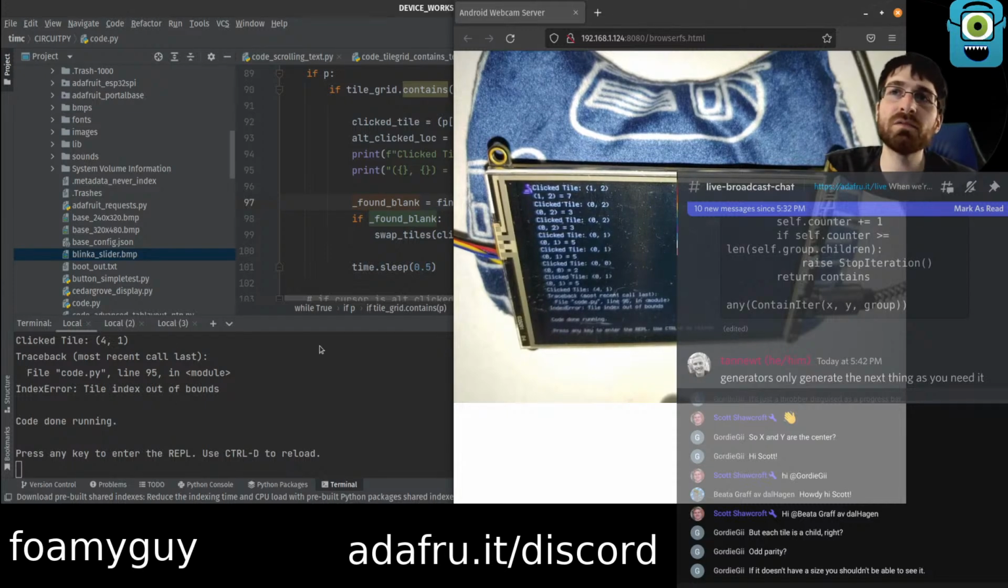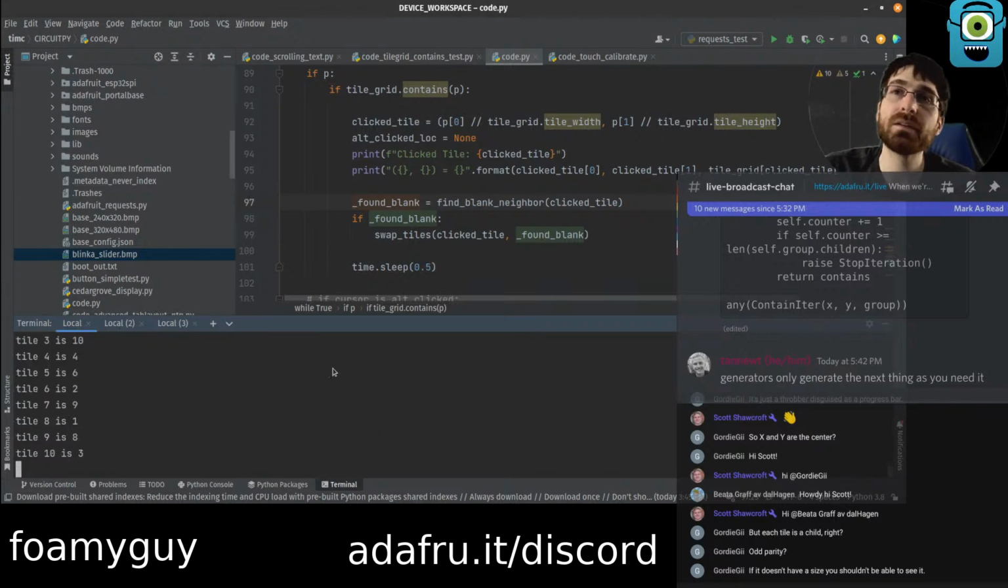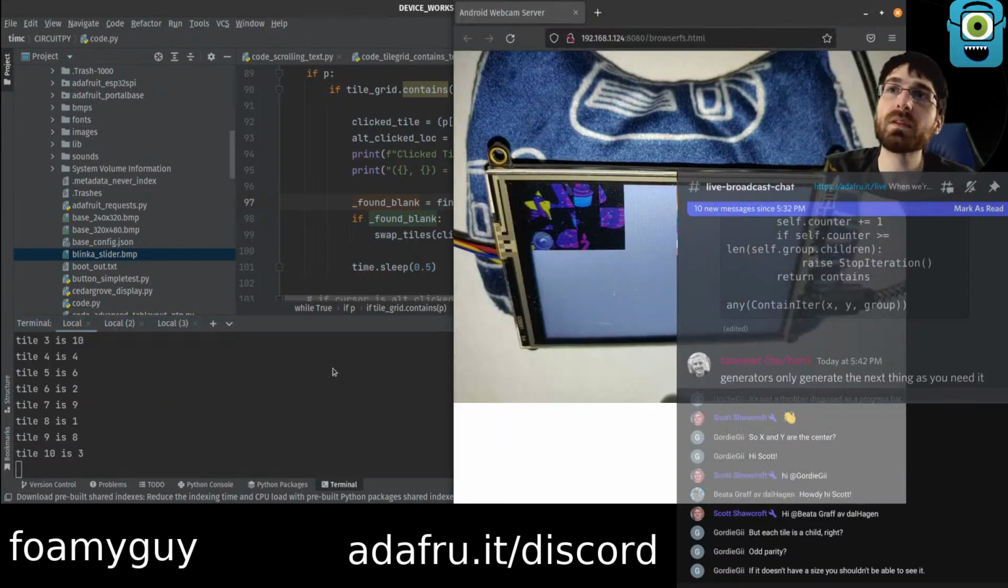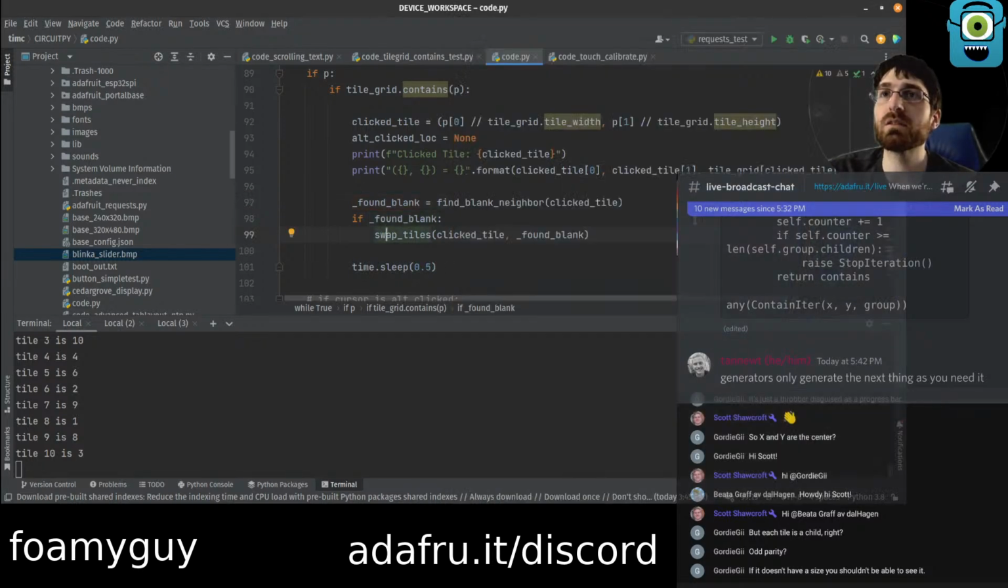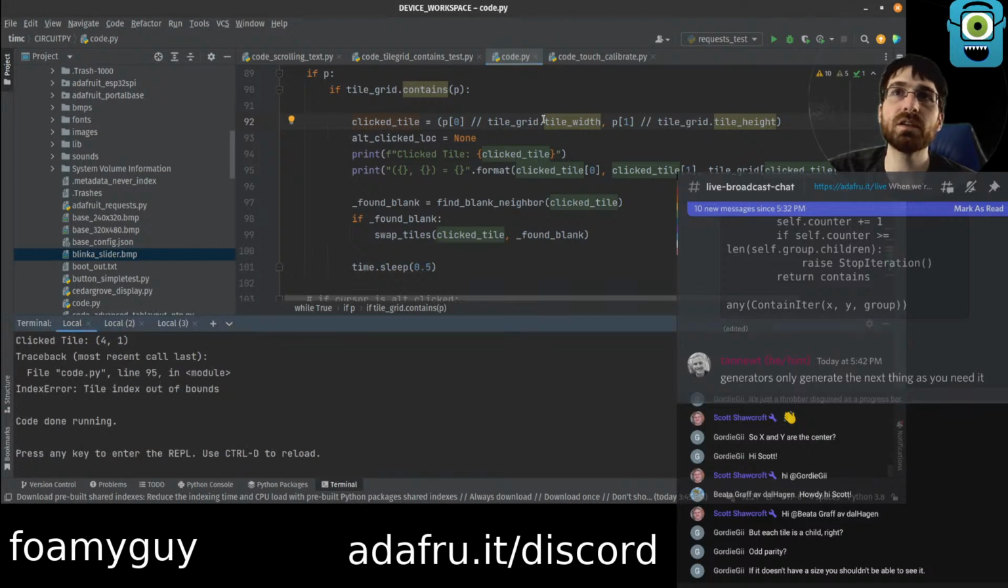So it says click tile 4.1. Yeah, we shouldn't have an index 4, right? Because we got the whole star together there: index 0, index 1, index 2, index 3. So we should only have 3. Generators only generate the next thing as you need it. So when we crash it, it's because it gets to 4, which means that